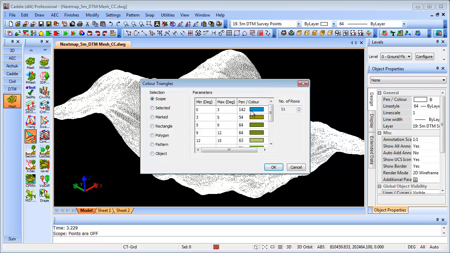So you can see here anything that's between 0 and 3 degrees, we're going to colour code blue, and moving right on up through shades of green there to purple and a purpley pink there at the highest gradients. And we can do this for just a particular area or for the entire drawing, as we'll do here. So we'll say OK to that,